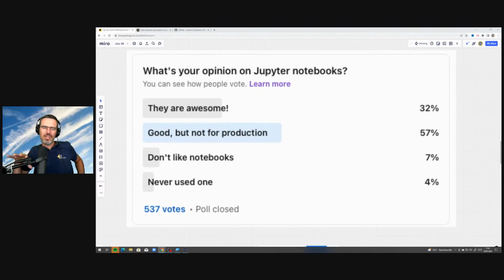You can make notebooks so that they're nicely maintainable, if you write clean code, if you actually try to use good software engineering.